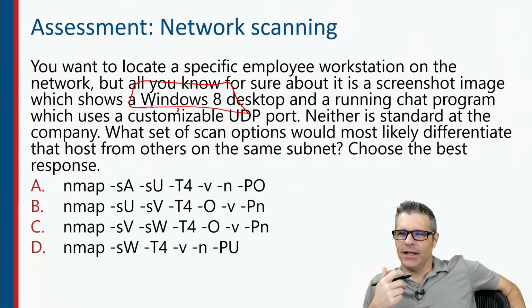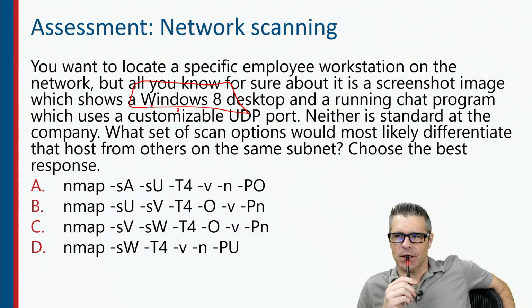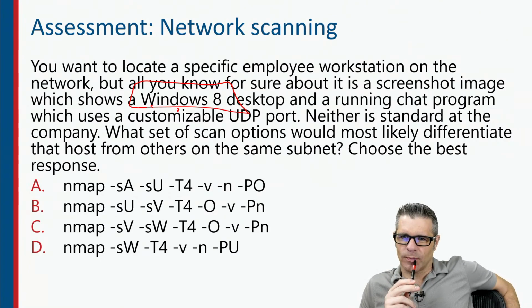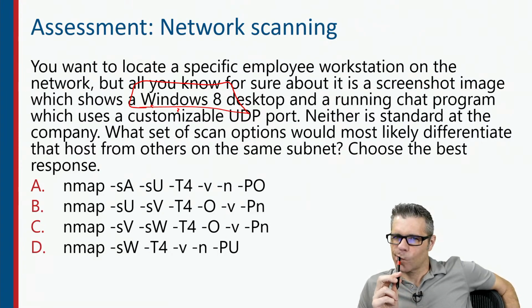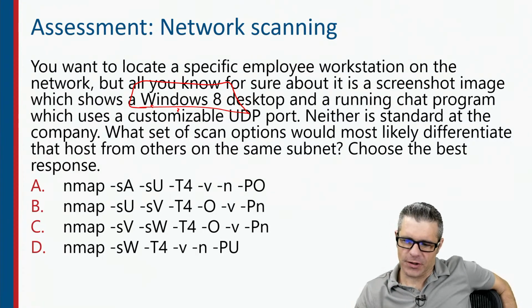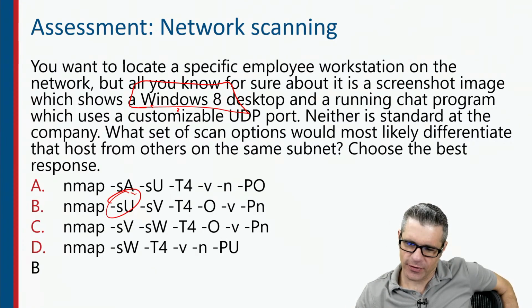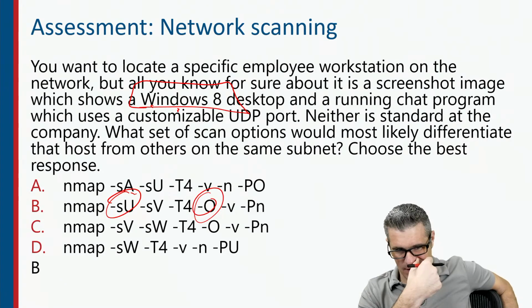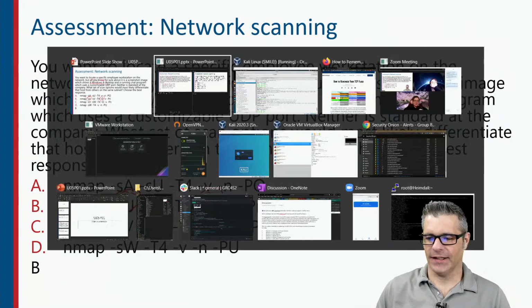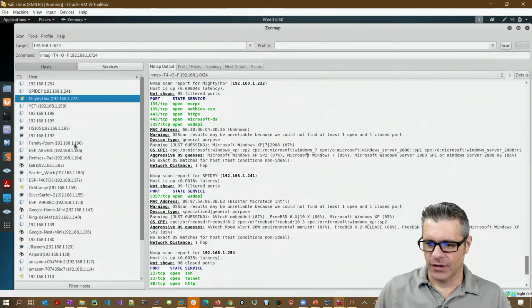We know it's Windows 8, and then we probably want to scan for UDP. Does -sU mean UDP? Yep. Then B, because we're going to scan for UDP ports, and we're going to do an OS scan, right? So if we find a system on that list that is a Windows 8 system,